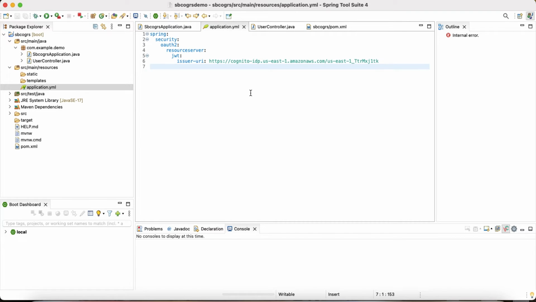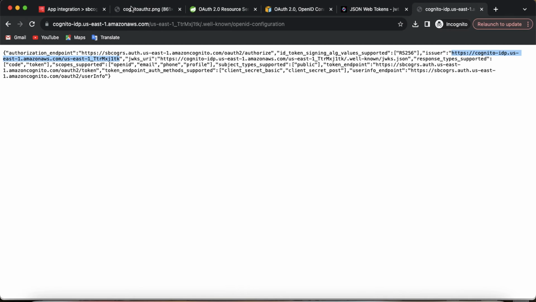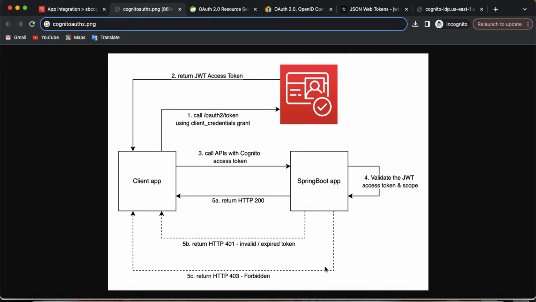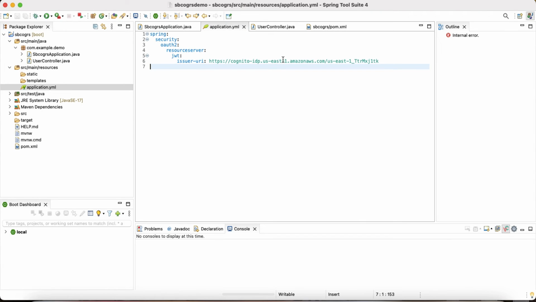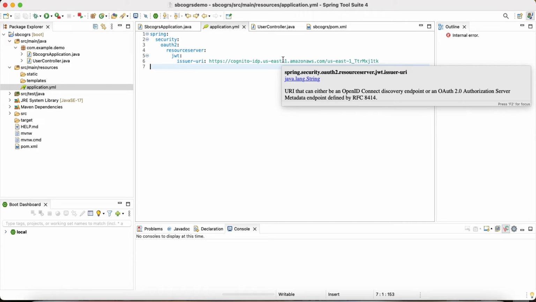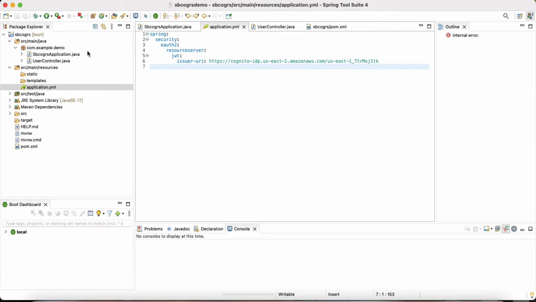It looks very simple, but that's the beauty of the Spring Boot framework, that it does many of these things which we saw in this diagram, like validating the token, automatically. You just need to specify the issuer URI in your application YAML and pass the token that is generated by that particular issuer, which is my Cognito user pool, and then it will magically do all the authorizations. It will perform all the security checks and make sure your API is secure. Now let's restart this application,